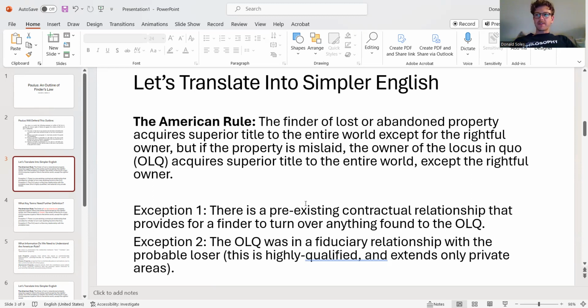We already saw one example of this earlier in the case of Bridges versus Hawksworth. This was the case of the innkeeper with his clients. The innkeeper is thought to be responsible in some way for making sure his clients or his guests are just as good as when they left the door as when they first came through his doors. He bears a special fiduciary responsibility.